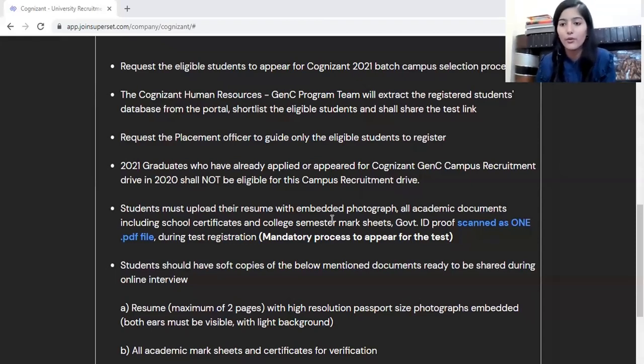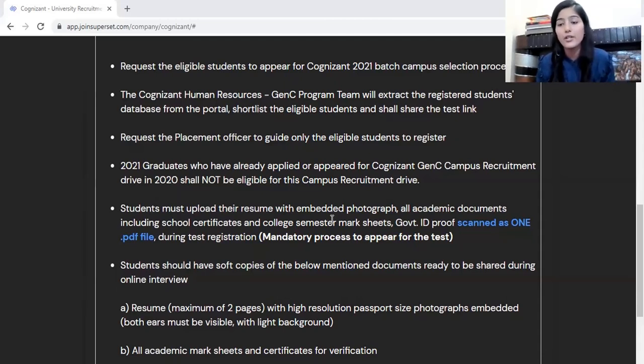This is how it will go, right? So all this stuff you have to embed in your resume. First of all, now you must have understood what I'm trying to say. First of all, the information regarding you, your technical skill set and all such stuff, that is going to be your resume. Then on the next page, government ID proof.